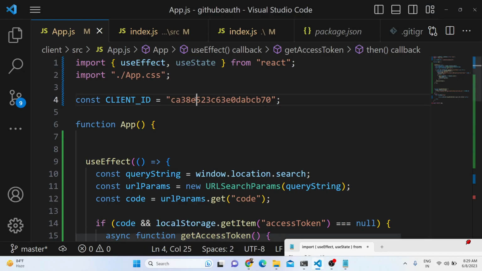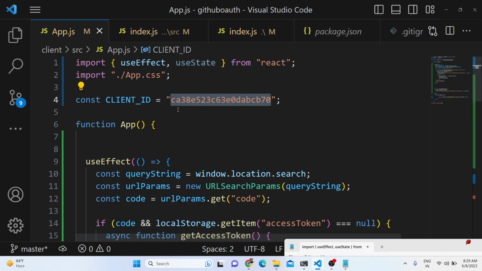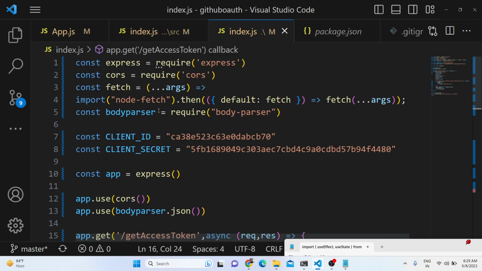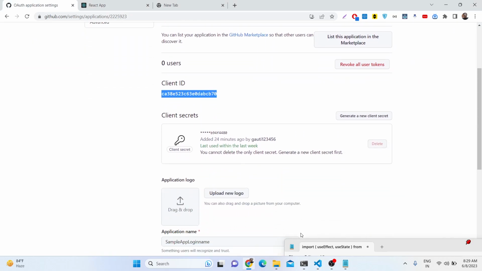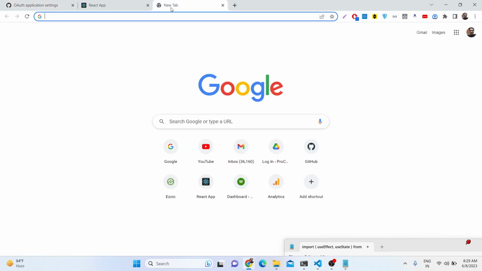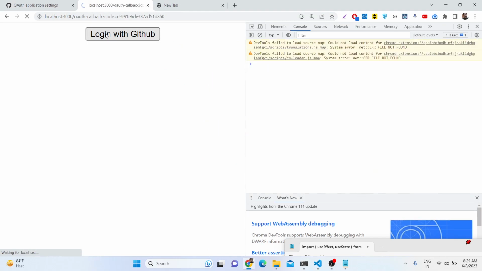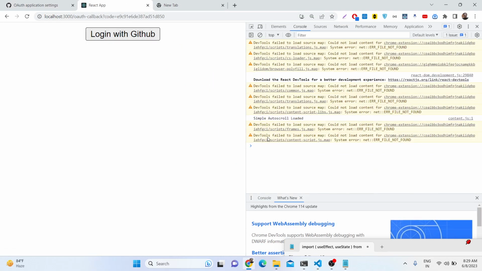Basically, inside the client ID variable, you need to store the client ID correctly, because I stored the incorrect client ID in my React.js application. The client ID needs to be the same in both the React.js and Express server, right here when you declare these variables. So simply copy the information that you create right here, whatever client ID and client secret that you get. So now if I refresh the application and click this button, you will see in the console